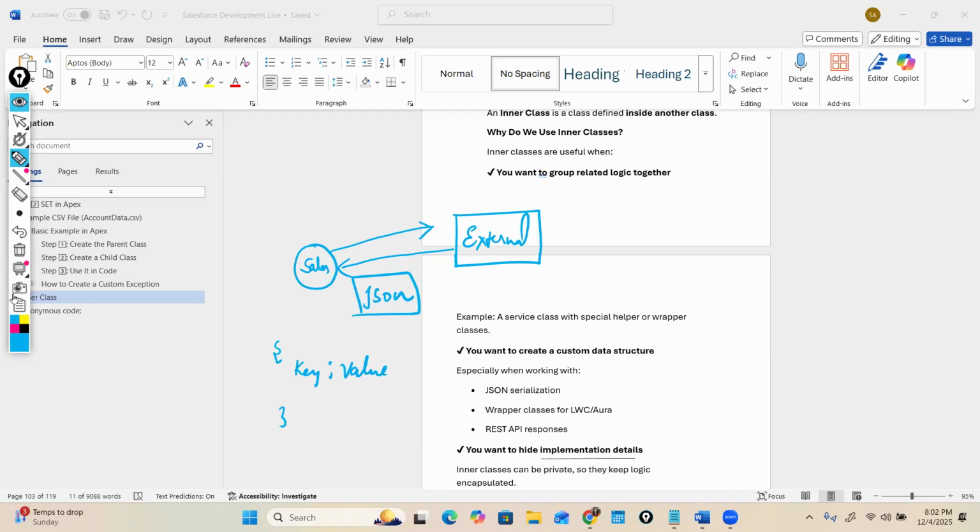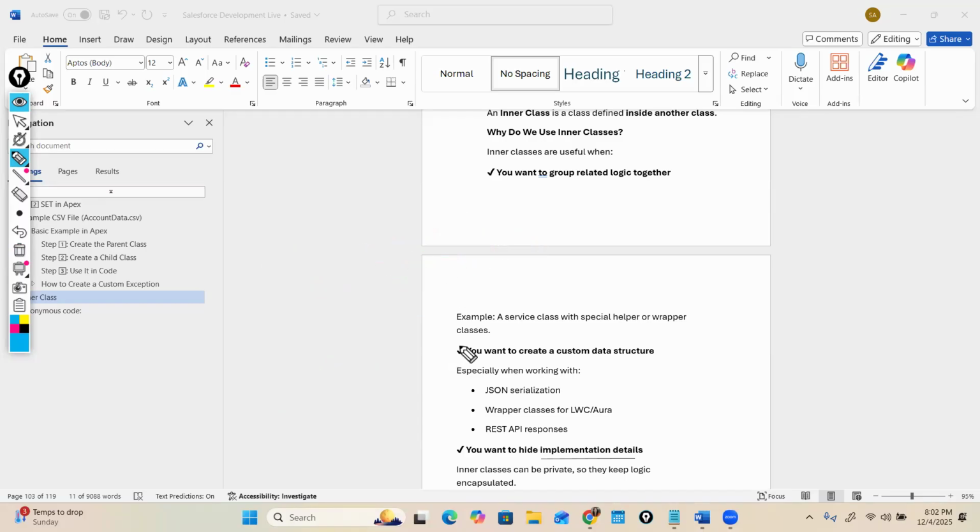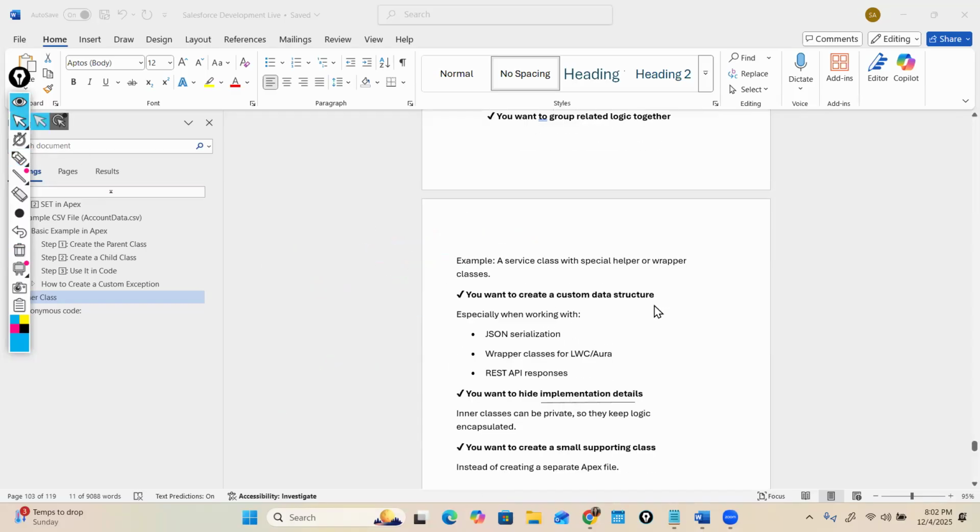So whenever you want to create a custom data structure, like for JSON serialization and deserialization: serialization means that you convert a JSON into a Salesforce object, and deserialization means you convert,